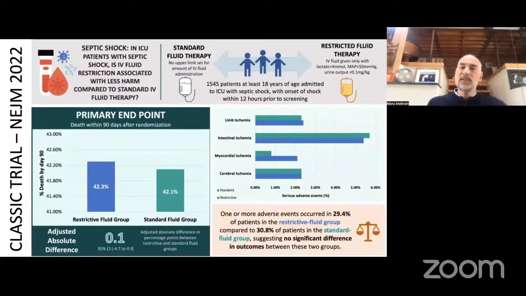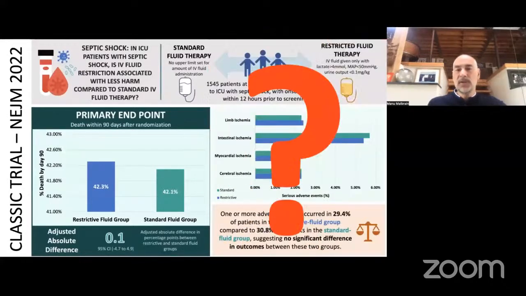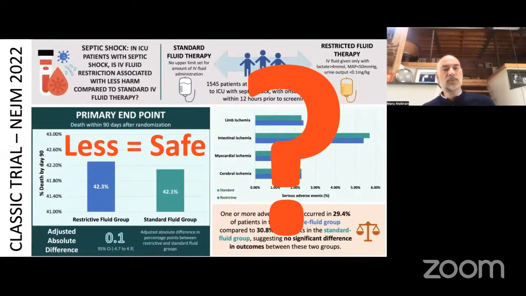So now we come to the recently published classic trial, New England Journal, looking at a large set of patients comparing restrictive and more liberal or standard fluid groups. You see the primary endpoint was not different, but because of that, you could say that giving less fluids was the same outcome. So less seems to be safe, less seems to be more, because at least you can